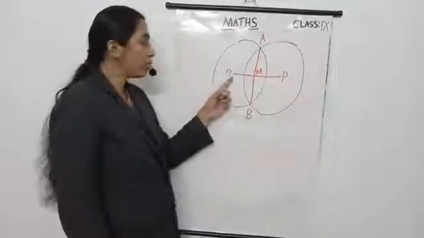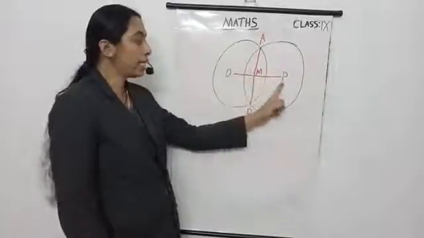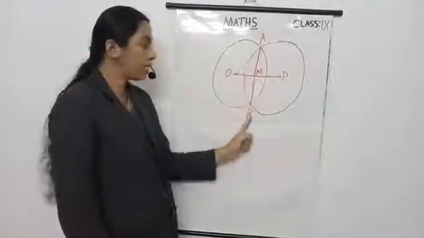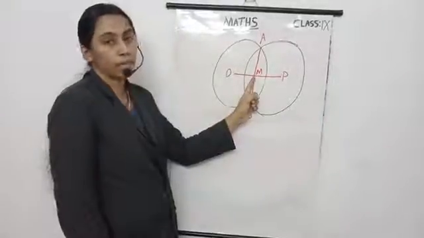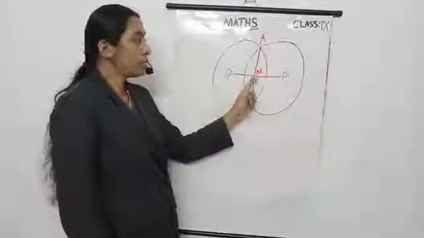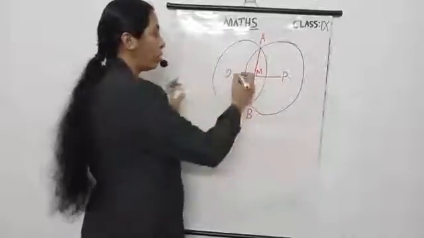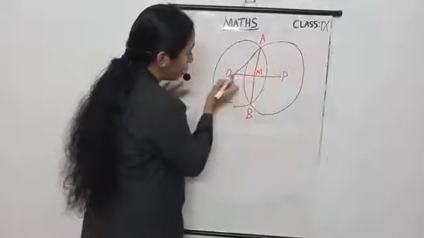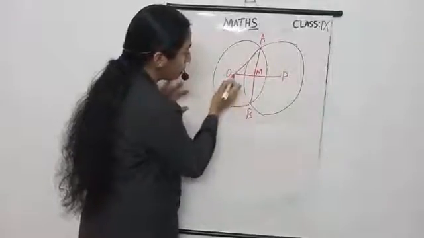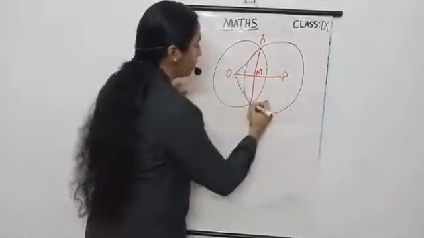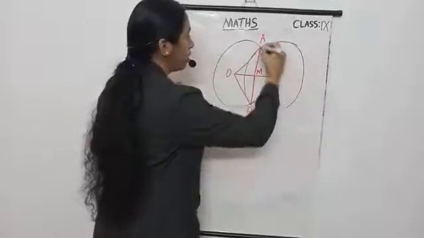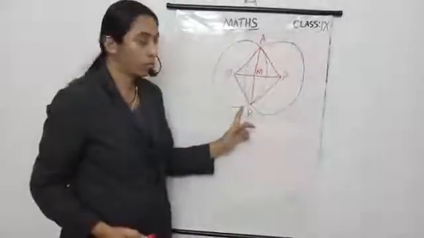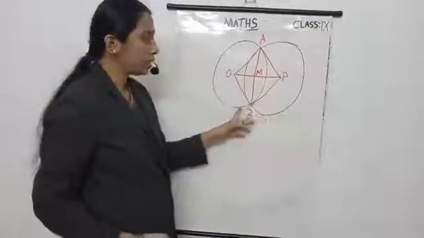Now the center of this circle is O and of this circle is P, and of the common points, one is A and the other one is B, and this meeting point is M. Now first step, join OA, then join OB, then join BP, then join AP, or PA, PB. Anyway, no problem. So join these.